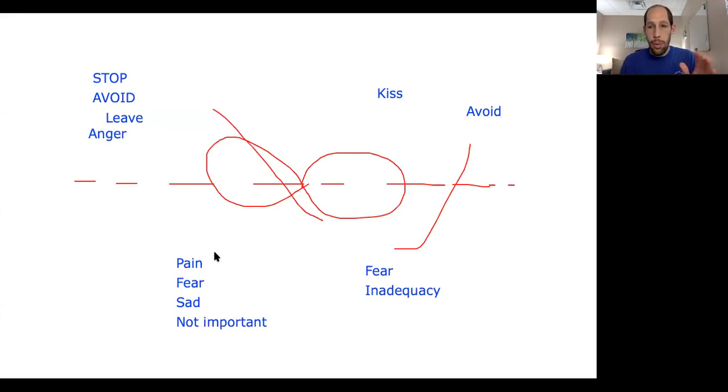What I would suggest, if I was working with a couple, is that after you get in touch with this, right? When we kissed, I had the memory that he was kissing somebody else, or whatever the situation was, and this is what I felt. Have her get in touch with this, and then I would have her share that with him. Say, when this happens, I get so hurt. It just brings back so much pain and loneliness and feeling like I'm not enough. When you share this message, that creates a chance for him to step in and comfort and reassure. That does not happen when we hard stop the building towards intimacy.